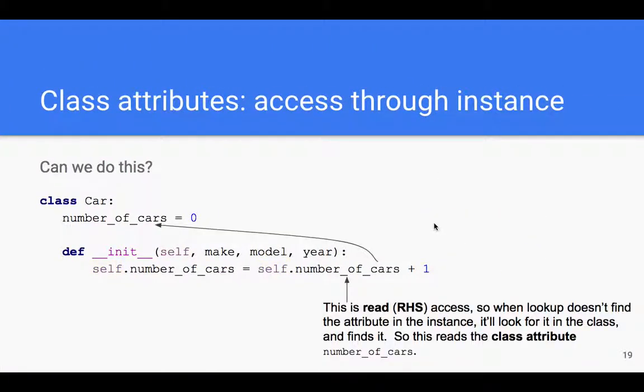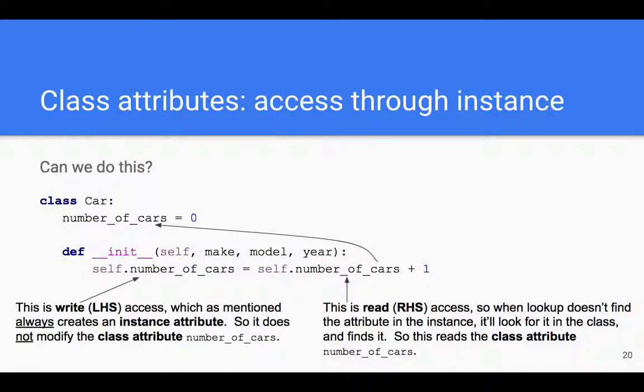Okay, so let's look at the self.numberOfCars on the right hand side first. Remember, this is a read access. We just said that when the lookup doesn't find the attribute in the instance, it will look for it in the class, and then it will actually find it in the class. The class Car has a numberOfCars attribute, so this one refers to the class attribute numberOfCars. However,